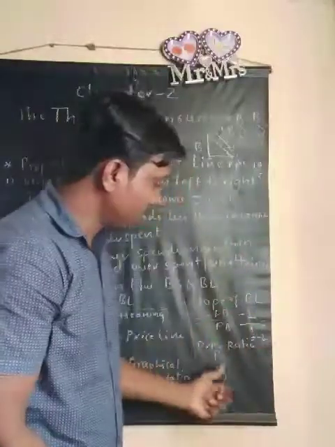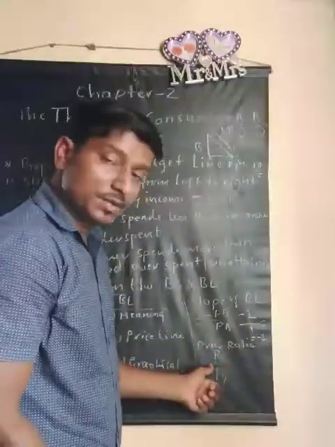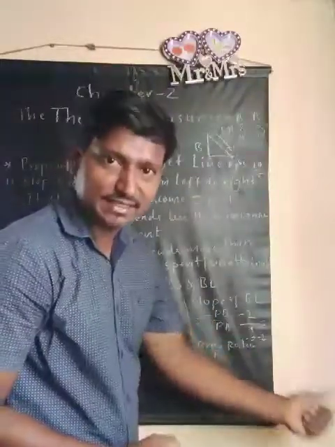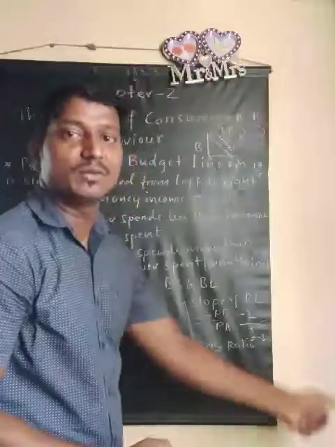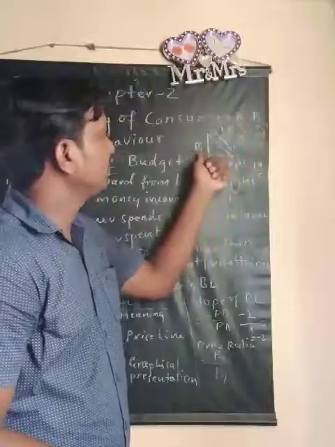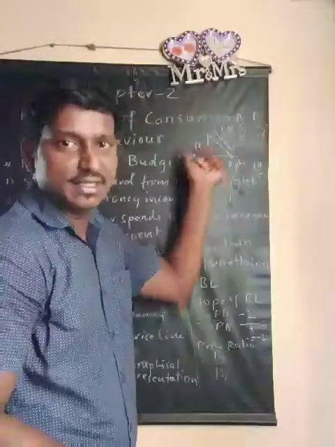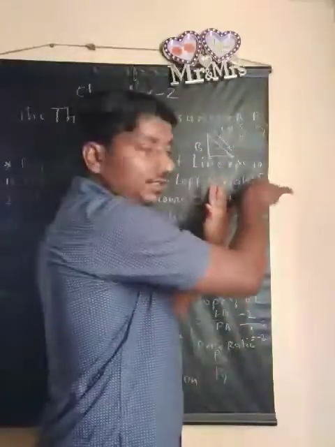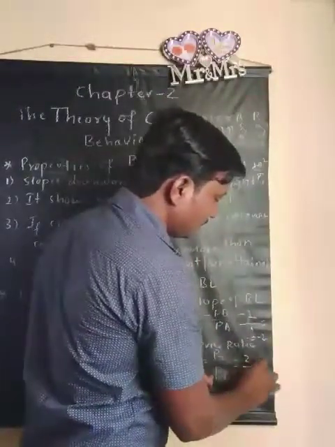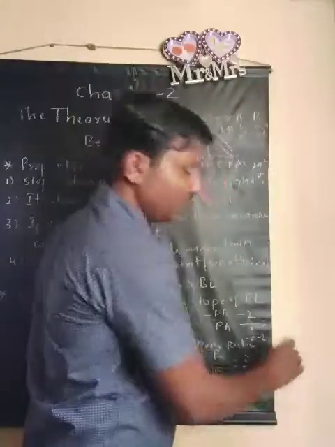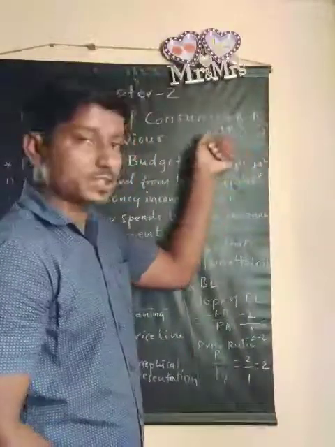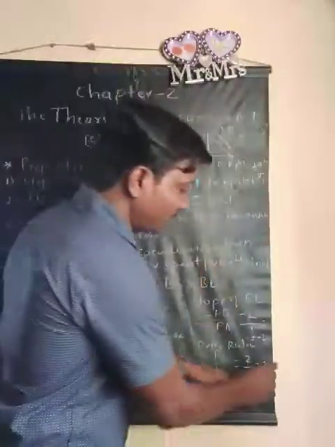Then the formula is given to us. The price ratio is equal to Px divided by Py. Px is the price of a good on the OX axis, divided by the price of a good on the OY axis. The price of the good on the OX axis is apple, that is rupees 10, and the price of banana, which is on the OY axis, is rupees 5. If we divide, 5 ones are 5, 5 twos are 10, then what answer do you get here? 2 divided by 1, or you can also write only 2. The price ratio here shows the price of apple is twice the price of banana.